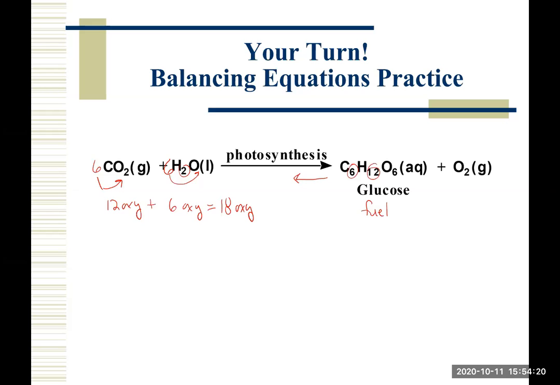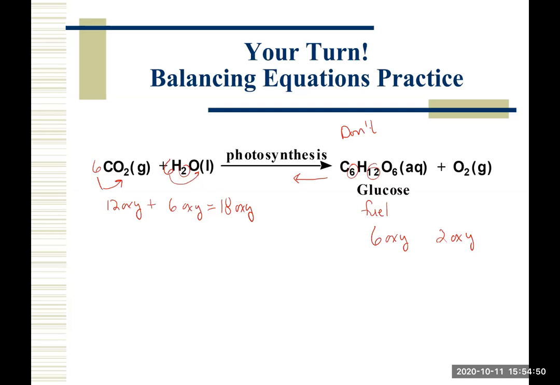Looking at the products, we have 6 oxygens in glucose, and we have 2 oxygens in O2. So that's only a total of 8. So we need to increase the number of oxygens that we have on the product side. Now, since we have 12 oxygens in glucose, and I can tell you, we don't want to make any changes